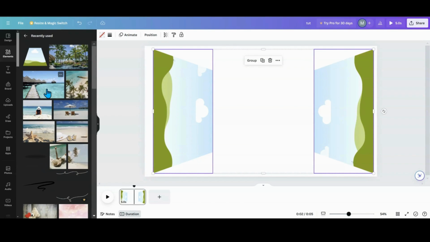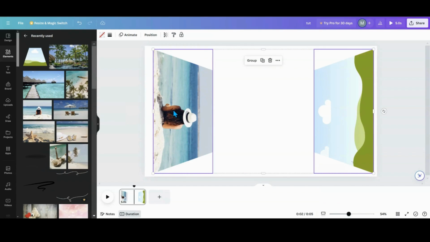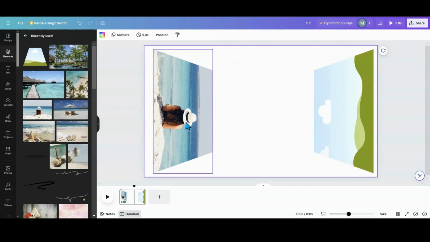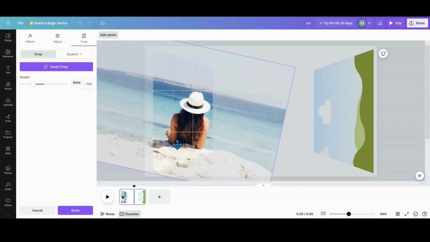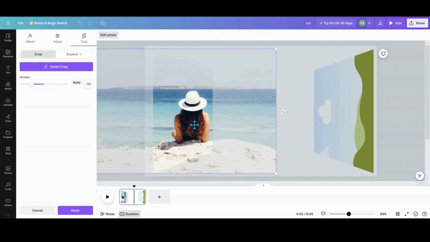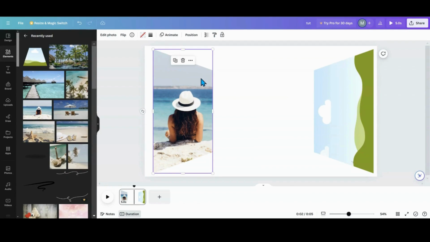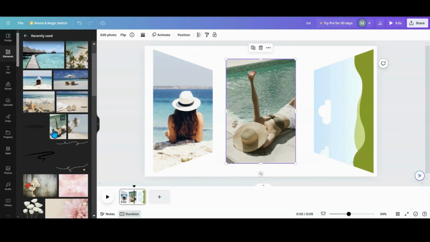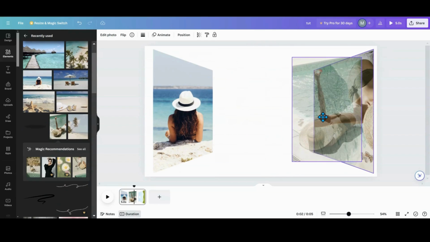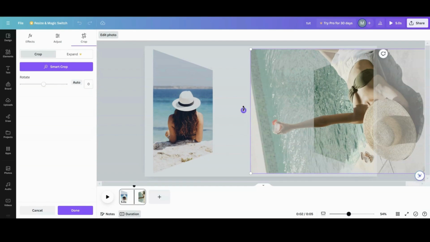So what I want to use for the side is her. I am going to double click on her. I am going to turn her this way. When you get photos that are big like this, you want something with a primary subject you're going to use, because you're going to lose a lot of that photo. You can't expect to use a big, huge photo and it's going to fit in there. It's just not. So you're going to want something with a primary subject that you want to put on the sides. So like here, or try to use something smaller like this,